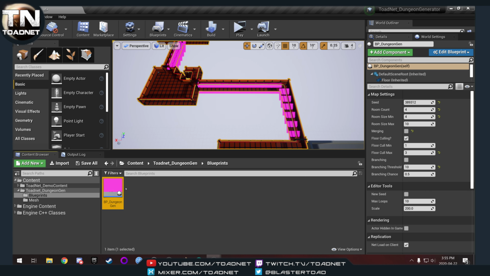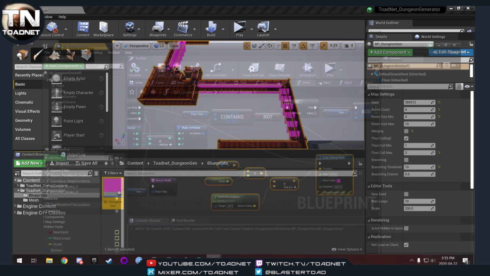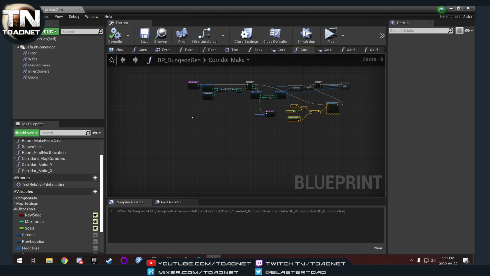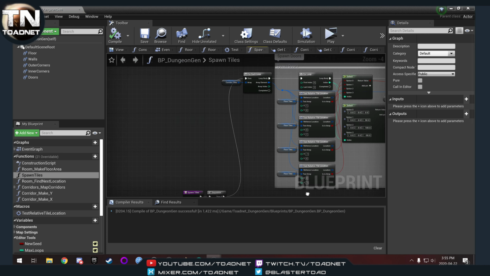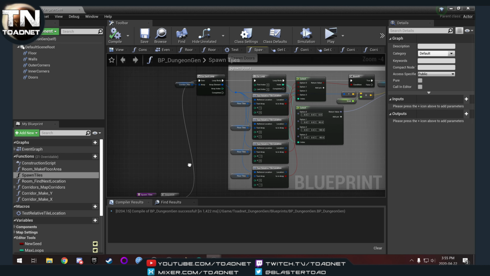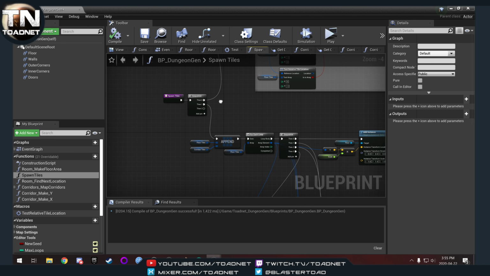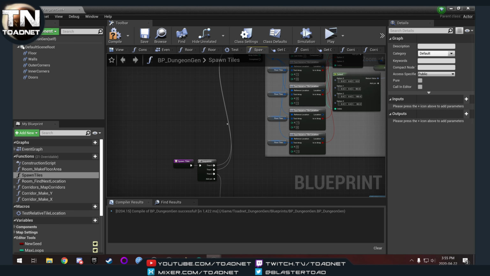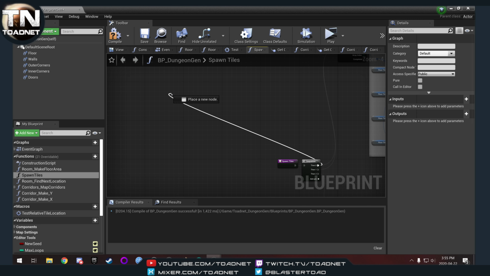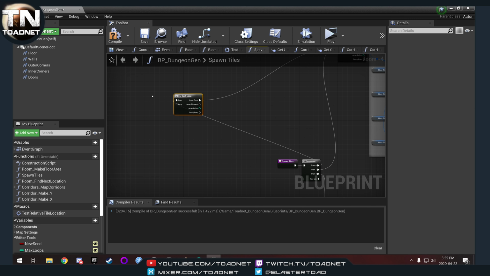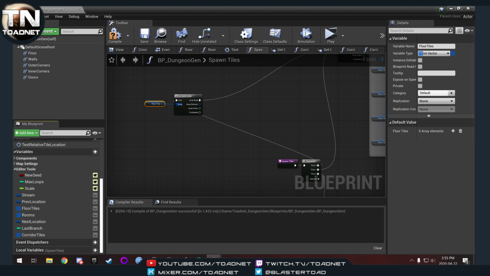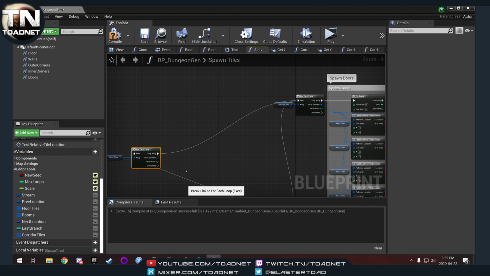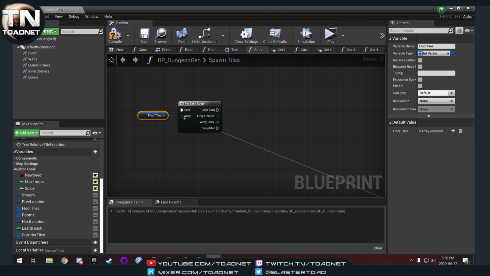What I think I want to do is going to our spawn tiles. I'm going to add another sequence node. I'm going to move everything down 1. And the first thing I do when we spawn the tiles, I can do a for each loop. And that for each loop will be floor tiles. I'm going to break link because I don't want that going over there. So for every floor tile,